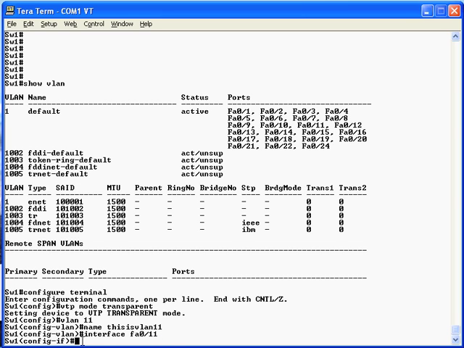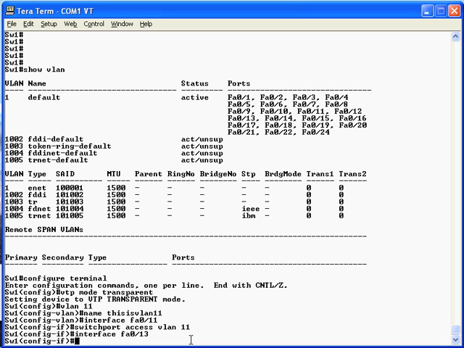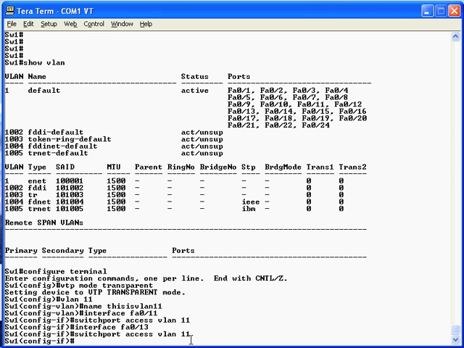interface FA0/11 command, that's shorthand for FastEthernet. Press enter. Notice we're in interface configuration mode now. And then you just type the switchport access vlan 11 command and press enter. At that point, you've placed FA0/11 into VLAN 11. Now, you want FA0/13 in that VLAN as well, so if you switch over to FA0/13, now you're in FA0/13 interface config mode, and just repeat the switchport access vlan 11 command, and now you've put both interfaces into